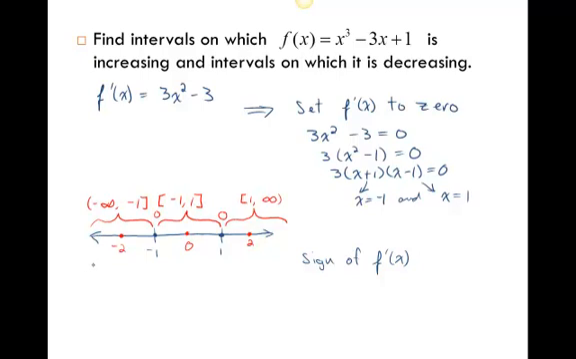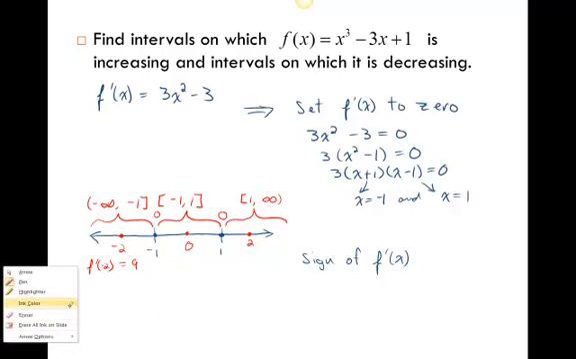So what's the first derivative, right? We're going to evaluate the sign of the derivative, right? Not the sign of the function, but the derivative. So what's our derivative evaluated at negative 2? So negative 2 squared is 4, right? 3 times 4 is 12, minus 3 is 9, right? So that means for this entire interval,